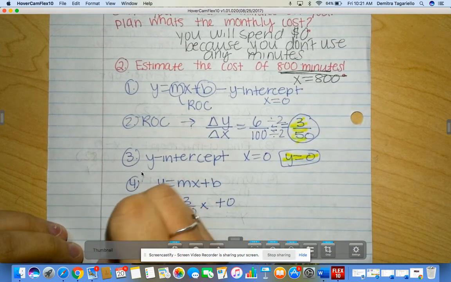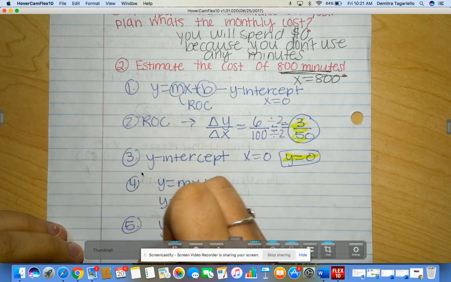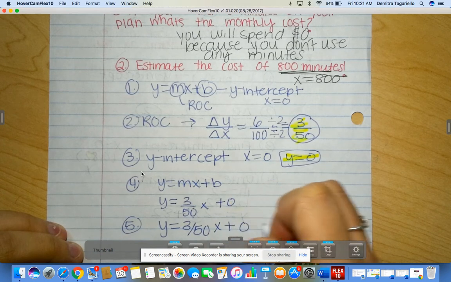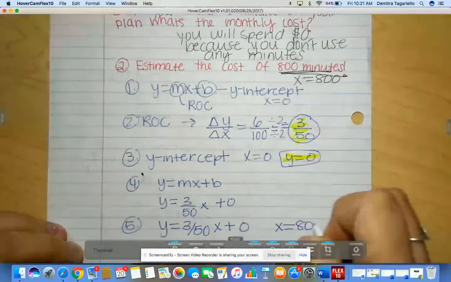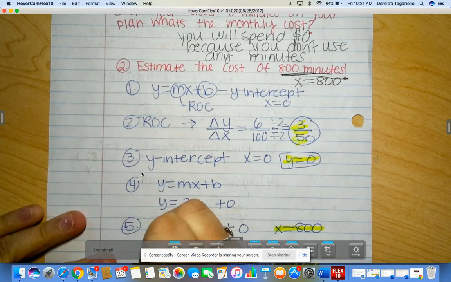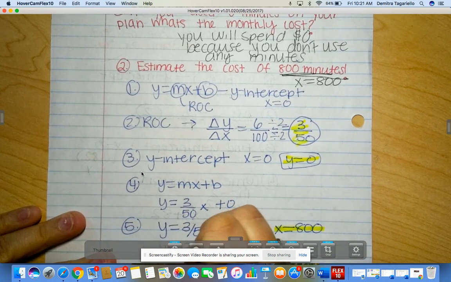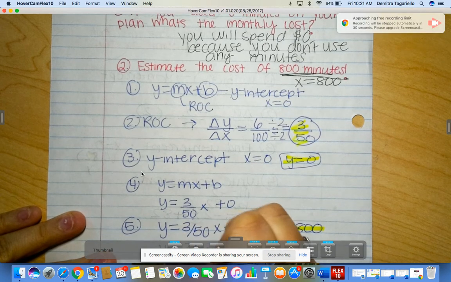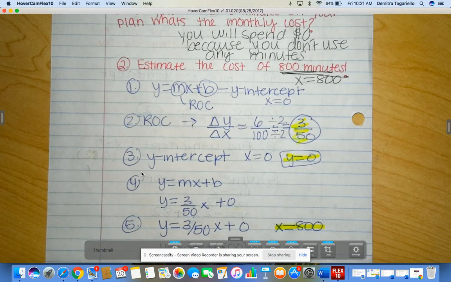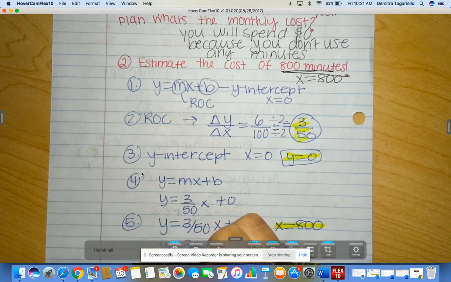So for the last step here, I'm going to substitute in, so y equals 3 over 50x plus 0, knowing x is equal to 800. So I have to substitute this into the equation. So y is going to be equal to 3 over 50 times 800, okay, to find my final cost. So when I do this and I plug it into the calculator, okay, the cost of my plan is going to end up being about $48,